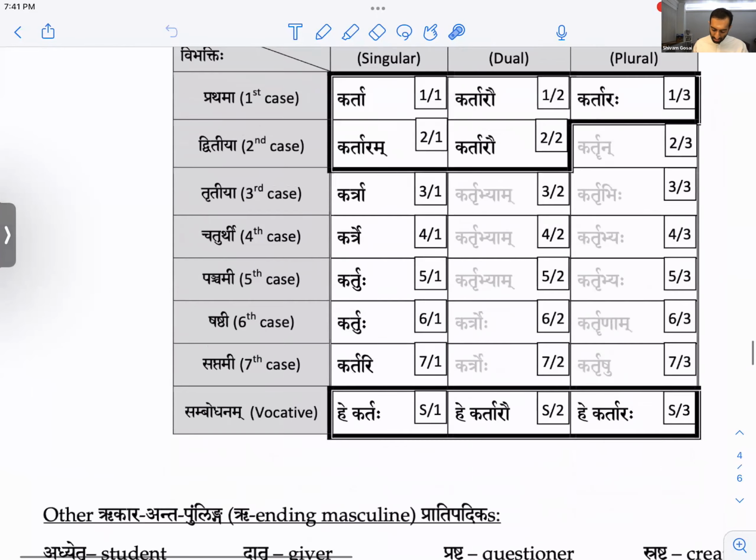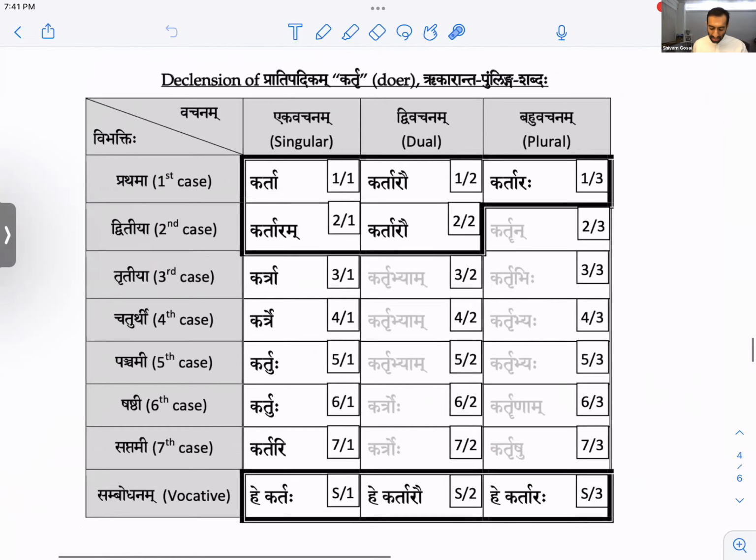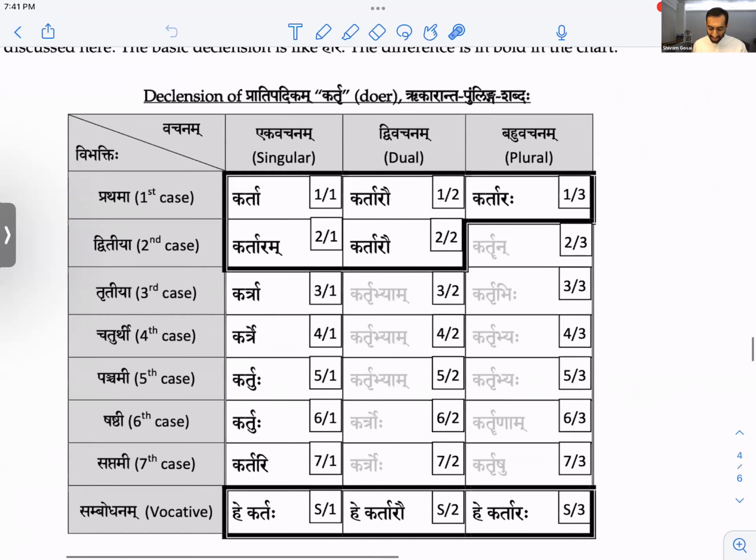Okay. Let's do one more word. Let's take this word gantru. Gantru is gam dhatu, right? To go. And I add trich. It adds the ER, right? Trich gives the ER, the sense of doer of action. So doer of going means the goer, right? The doer of going means the goer. So let's chant Gantr Shabda following this pattern.